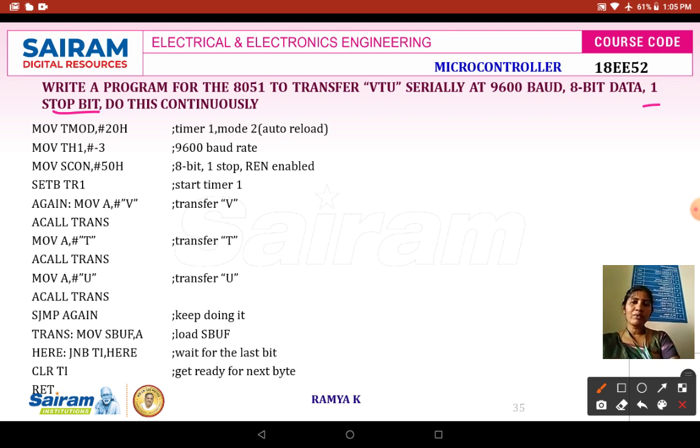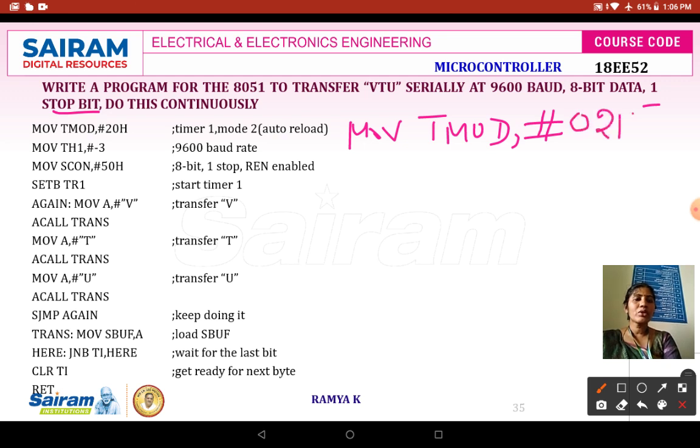In the first line we write MOV TMOD. Considering I am going to use timer 0, I will write it as 02H. If I use timer 0, then the baud rate has to be loaded into TH0, and after calculation we get -3H for this 9600 baud rate.